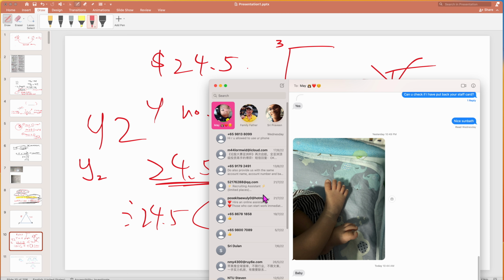Can you try to put the 1 back and see if you can